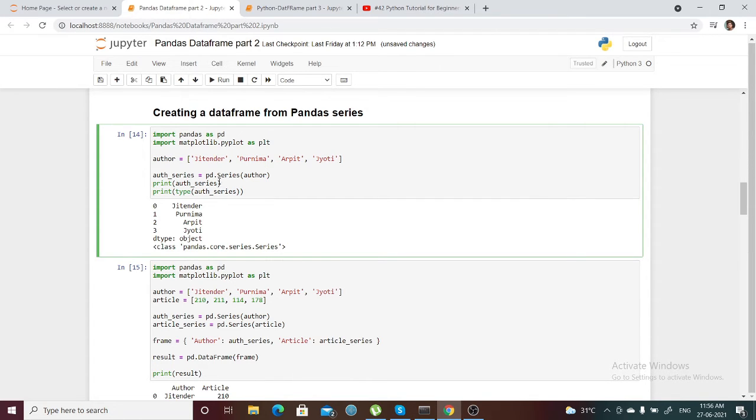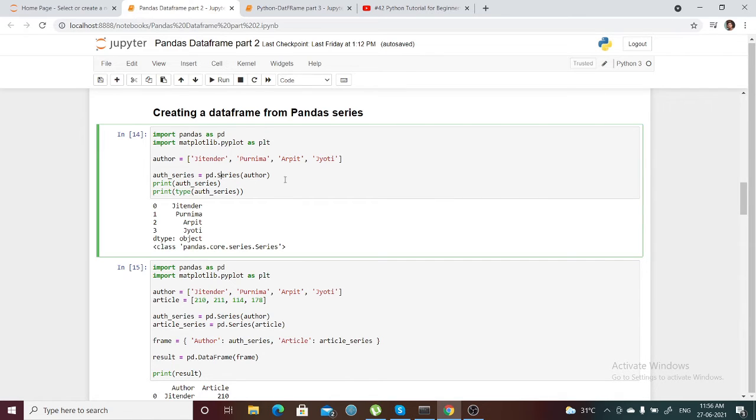And in pandas we actually have a Series function too. So without creating a data frame, we can directly call Series as well.